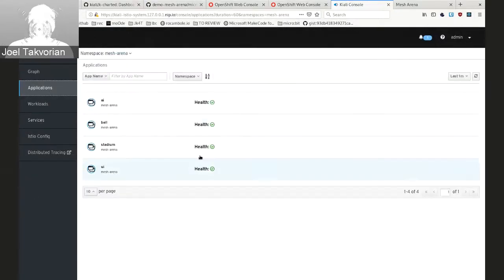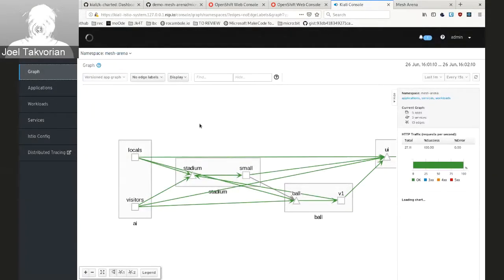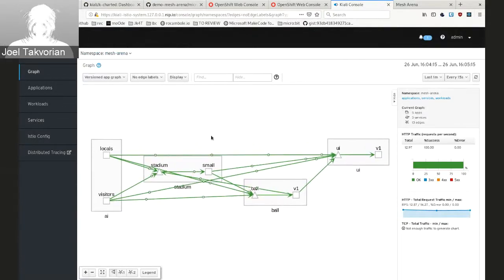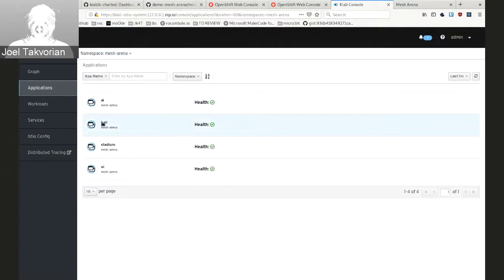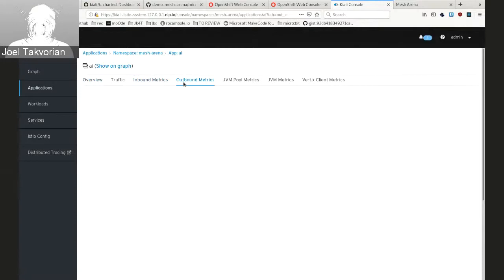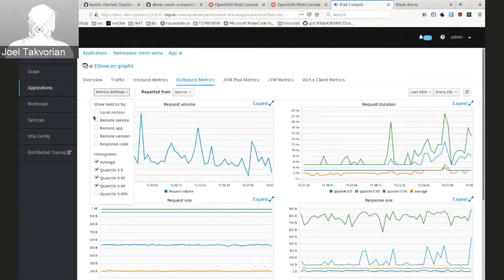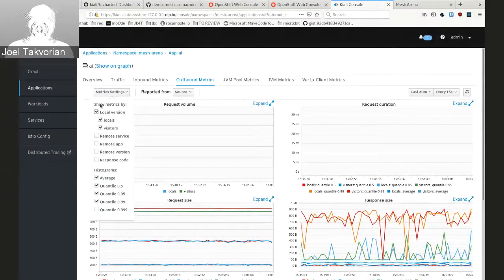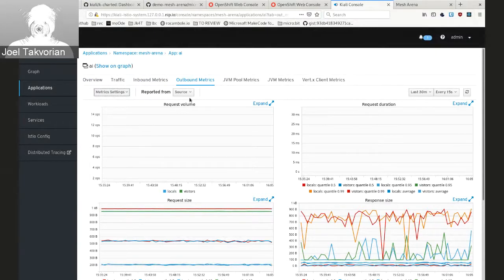For instance, here I've got some applications. Or let me show you the graph. This is a graph with several services, and we already have some metrics, for instance inbound and outbound metrics from Istio. One interesting thing is that here we can show by local version and show the different versions that are deployed. And if we want to go deeper and have more insight, we can also,